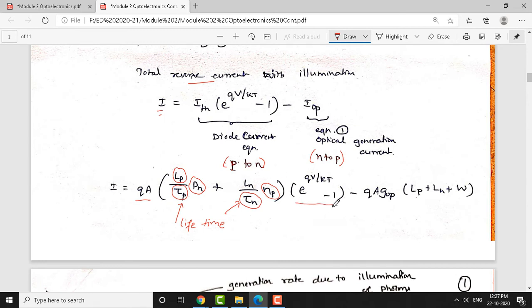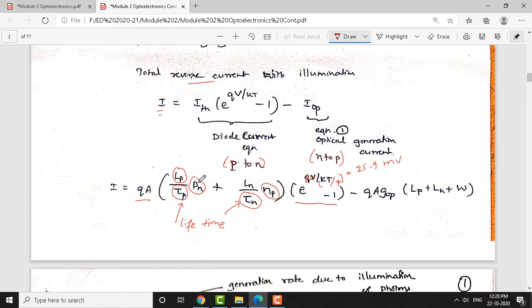And this term we are already familiar with. This is e to the power of q times V, V is the applied voltage, divided by kT, and here you must know, if you transfer kT by Q here, the value of this must be known. At room temperature, 300 Kelvin, this value is going to be 25.9 millivolt. Okay, this value in millivolts, that is the value of kT by Q. V is the applied voltage. V can be positive, V can be negative.